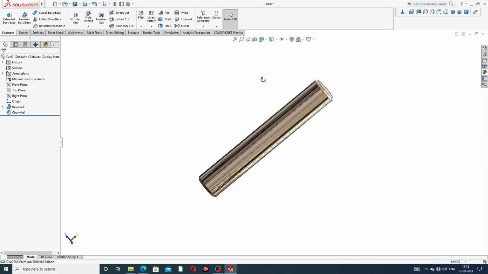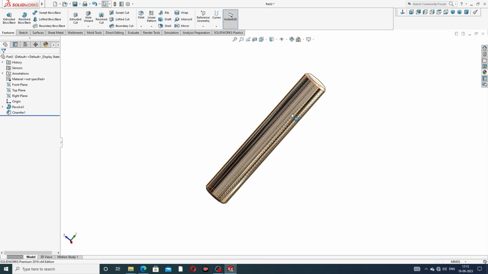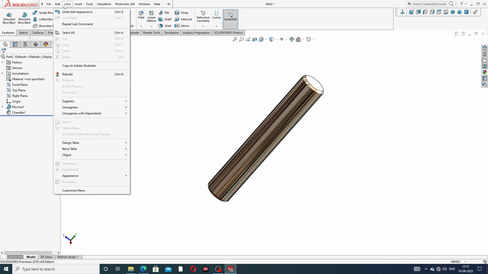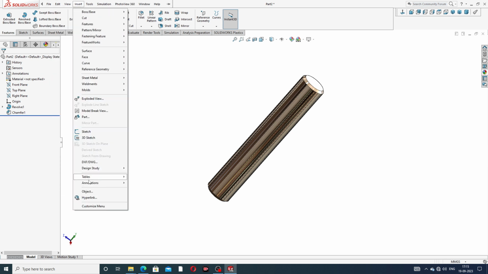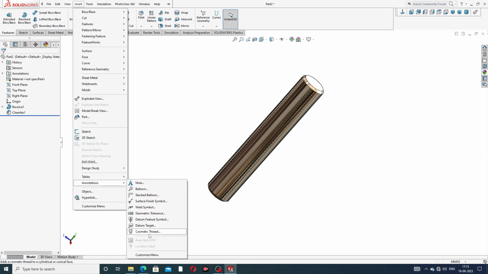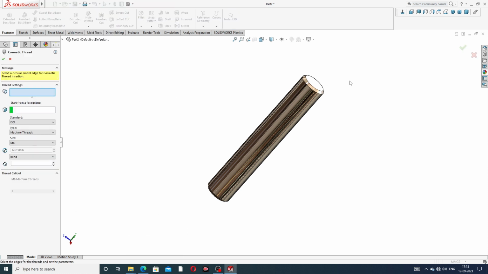Then the cosmetic thread is showing here, but if this is not checked, then this cosmetic thread is not showing here.